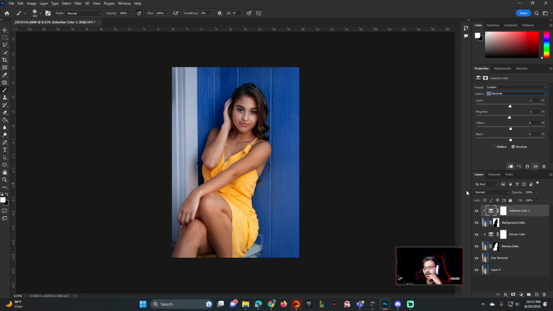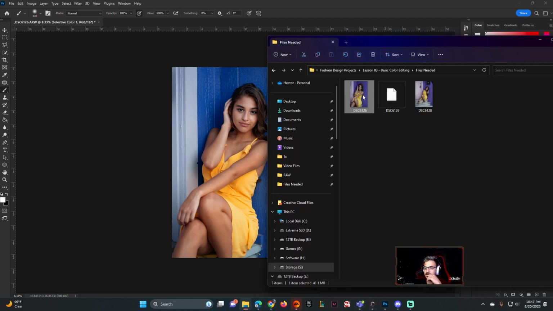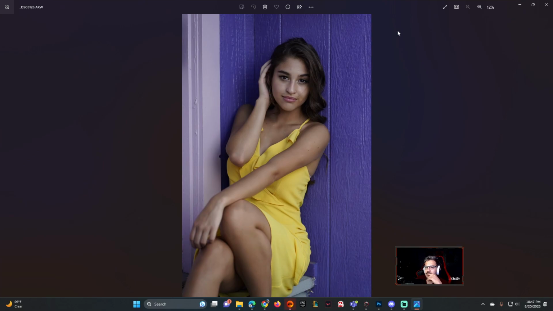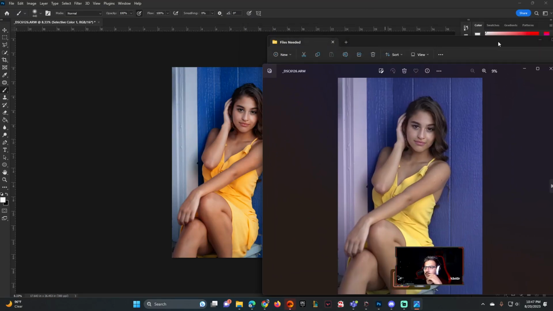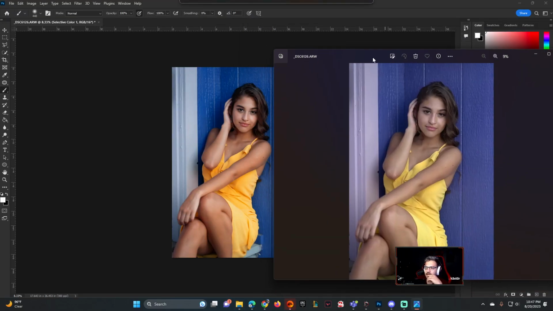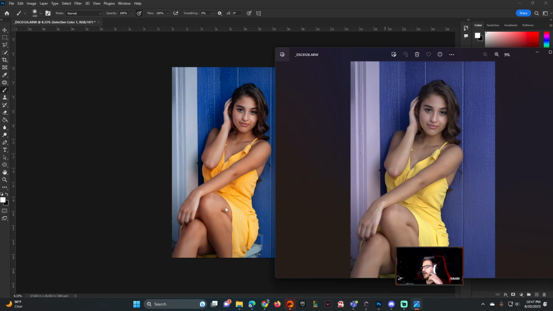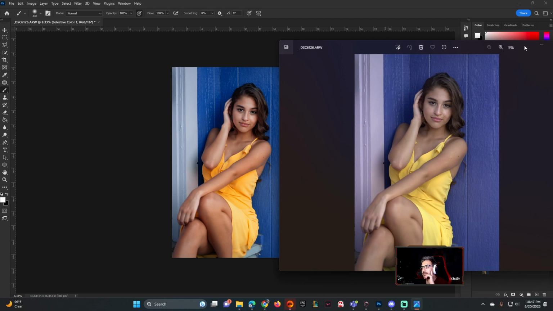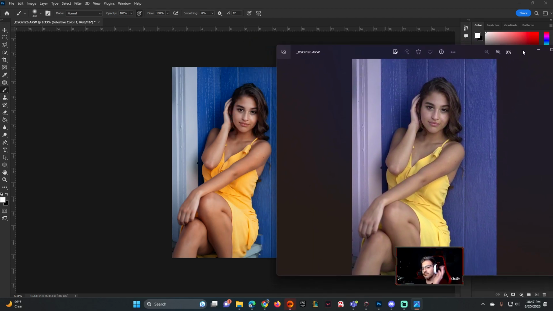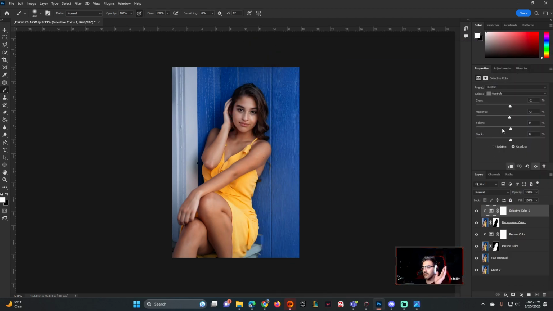in the background. So again, if we go back to the beginning and we put this side by side, look at the difference that we have created with just a little bit of color editing techniques here. So pretty good. From here, we're going to go ahead and save this image because we like the way it